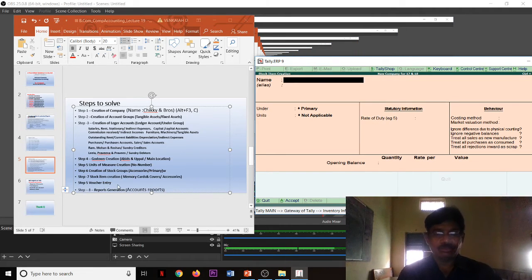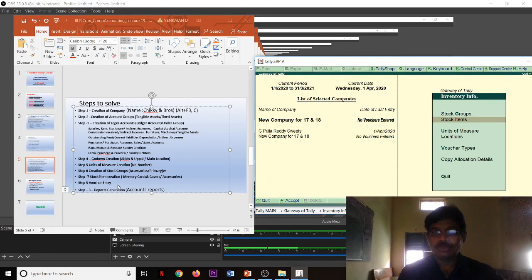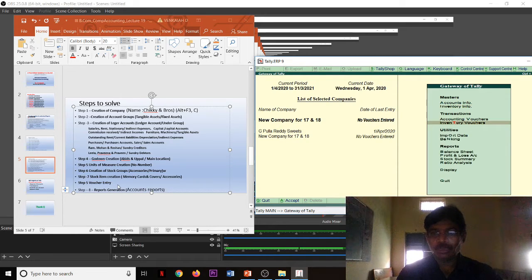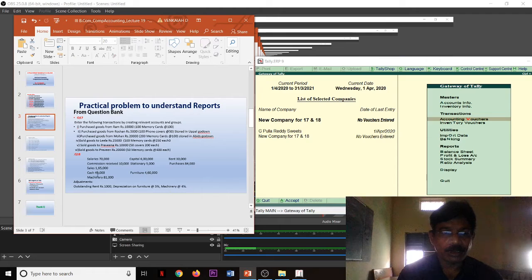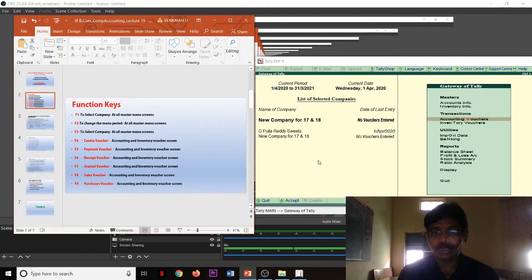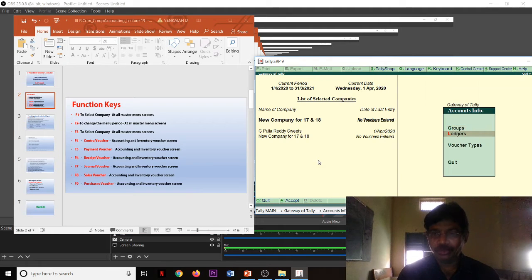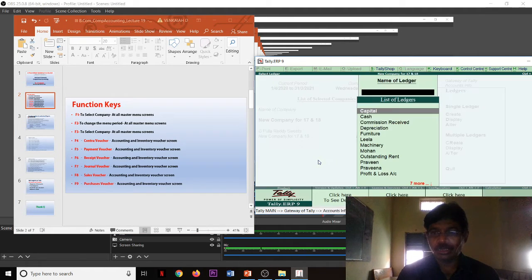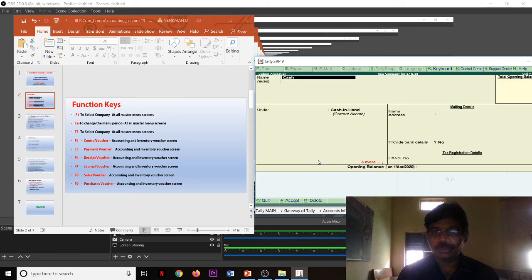voucher entry. Back to Gateway of Tally, accounting vouchers. Before that, accounting vouchers, look at the problem number, and here cash 45,000 is there. But we will enter this one, cash. So how to enter cash: click here, it will be enabled. Accounts info, ledgers, alter, select cash, and come to the opening balance.